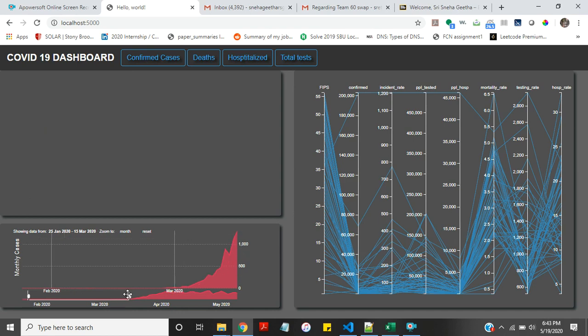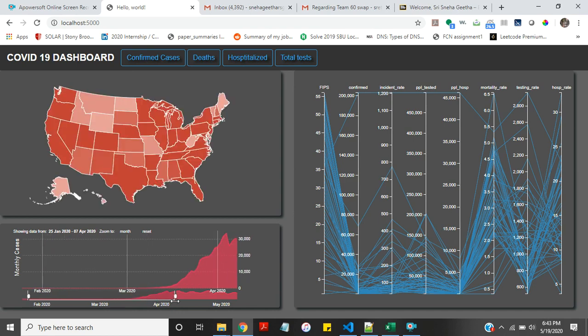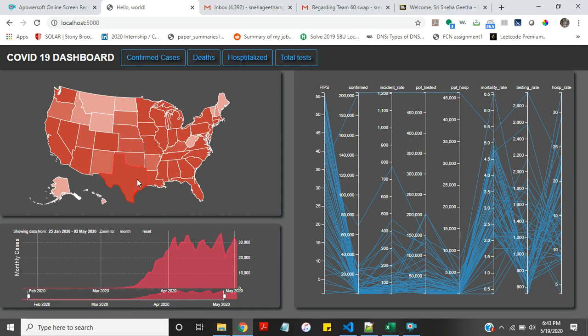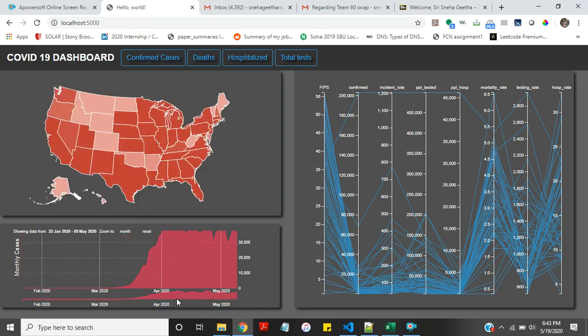However, as time increases, we see that the curve has been monotonically increasing, and the total number of cases have also been increasing, with pretty much every state being very darkly colored, as in the number of cases are very high. We can also use this feature called reset to month, where the slider gets reset for each month and we can visualize how they have been changing. So this is a very important visualization because it helps us visualize how the curve has been flattening in this country over time.